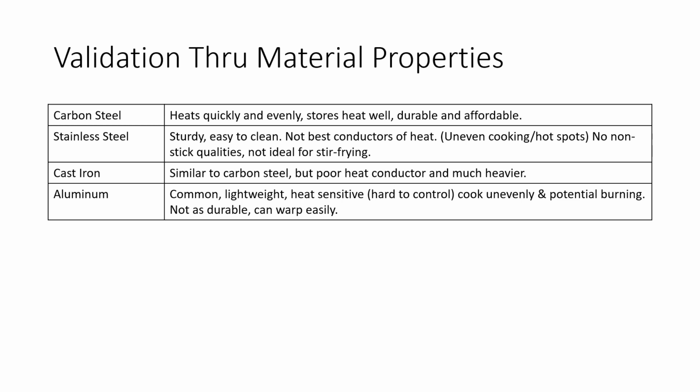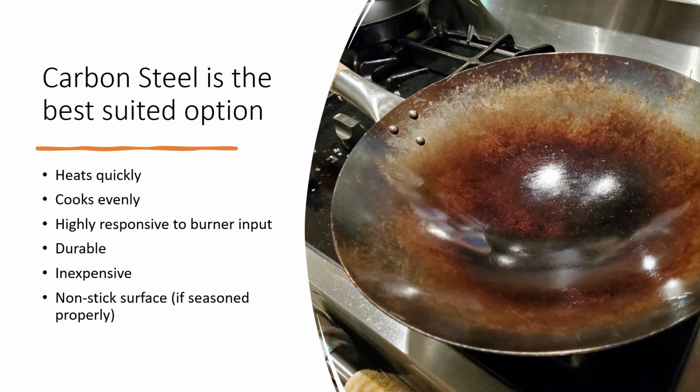For aluminum, it's a common material used for cooking, such as baking pans. It's lightweight. Also, it's heat sensitive, which makes it hard to control. It tends to cook unevenly, which can lead to potential burning. It's not as durable, and it can also warp pretty easily,